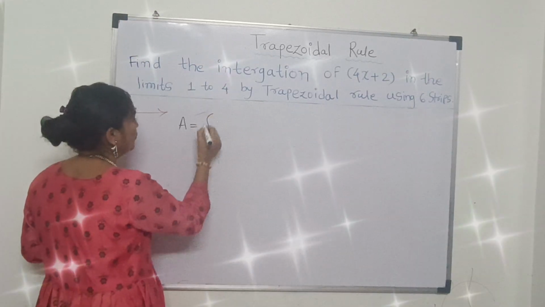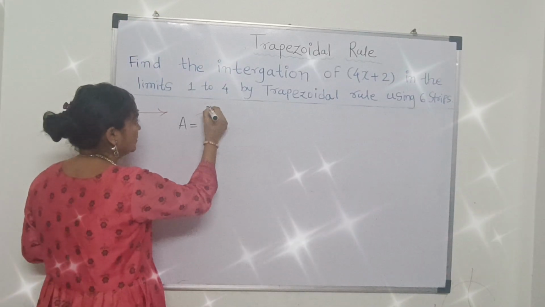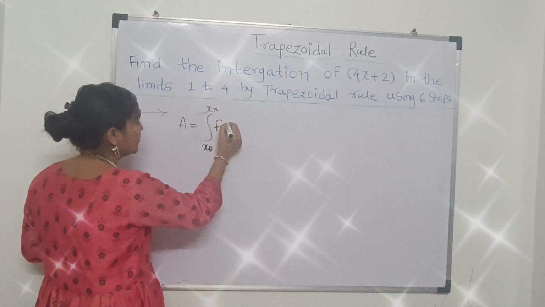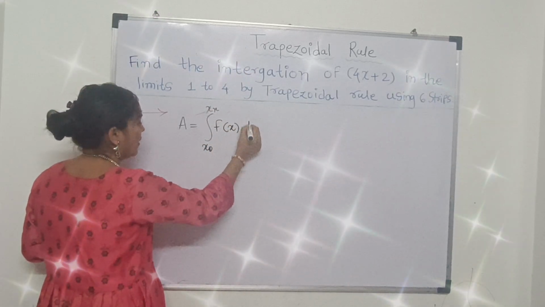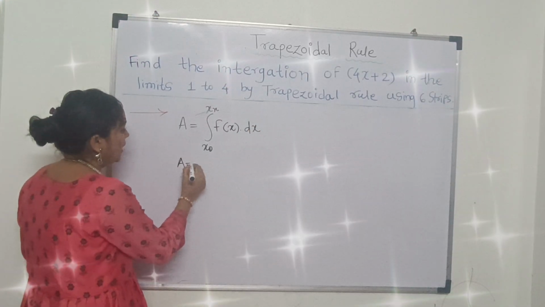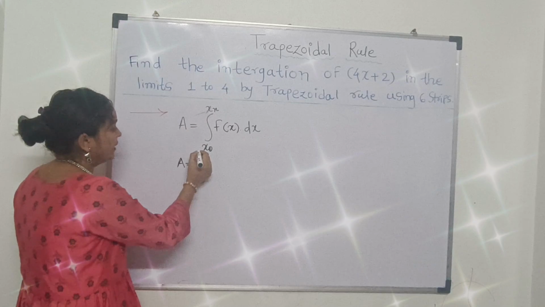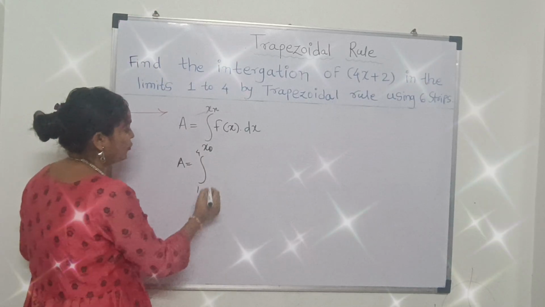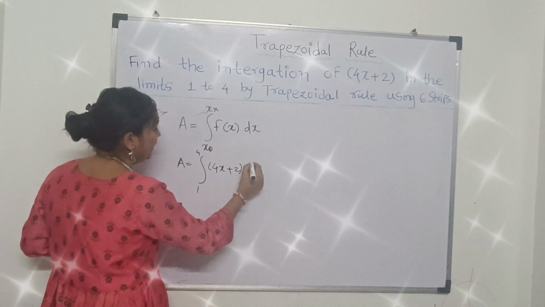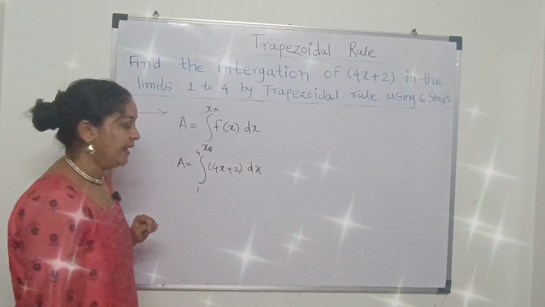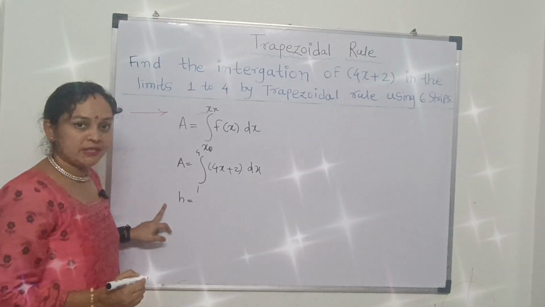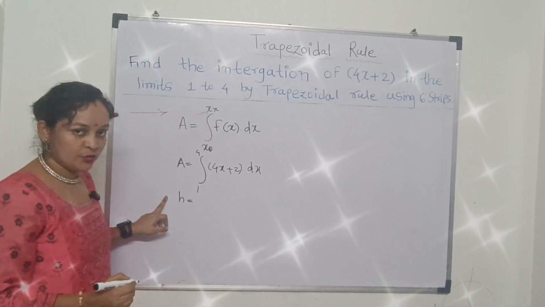The given formula is the integral from x0 to xn of f(x) dx. So what limit have they provided? The limit is 1 to 4, of the function 4x plus 2 dx. Right. Now you calculate h, that is the step function or the size function,